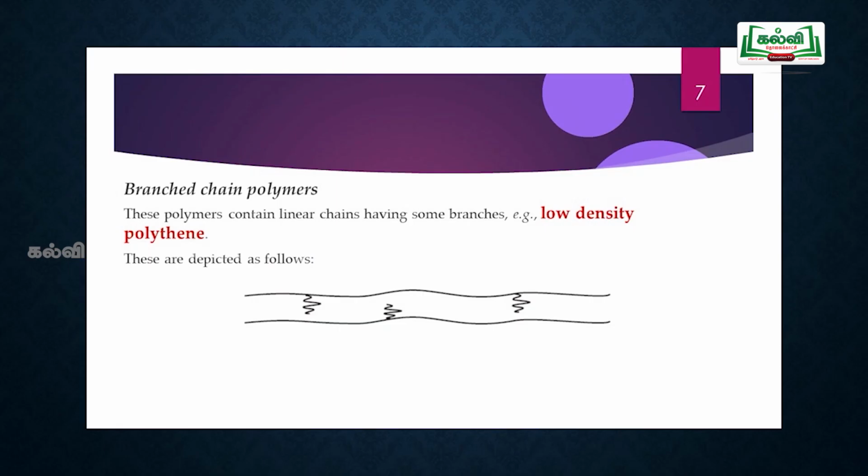Another one, branched chain polymers. What are branched chain polymers? The linear polymer chain contains some branching, but the branching will not form a link with another chain. That type of polymer is called a branched chain polymer. Example, low density polyethylene, shortly known as LDPE. So remember, based on structure, you can classify as linear polymers, branched chain polymers, then one more, cross-linked